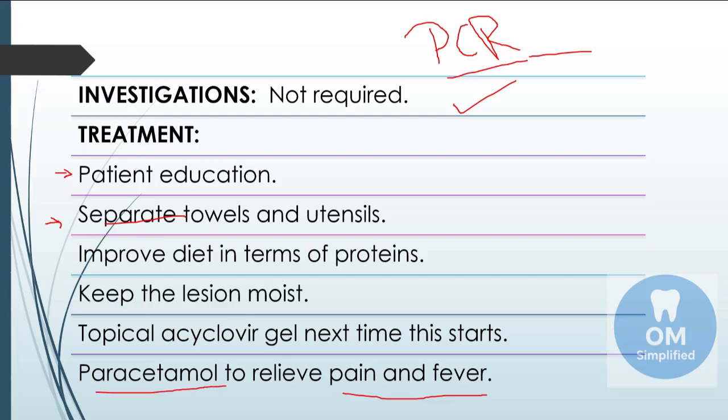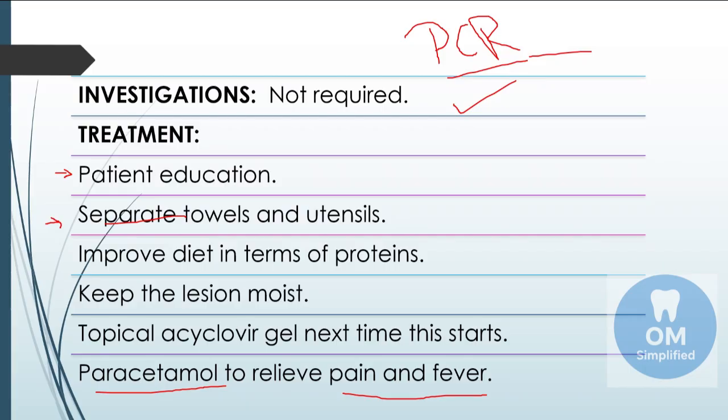So overall, this case is a classic example of recurrent herpes labialis, which is also called cold sores or fever blisters. It happens because HSV1 remains latent in the trigeminal ganglion after the primary infection, and whenever the immune system is weakened or the patient faces triggers such as stress, fever, sunlight, menstruation, or trauma, the virus reactivates and causes